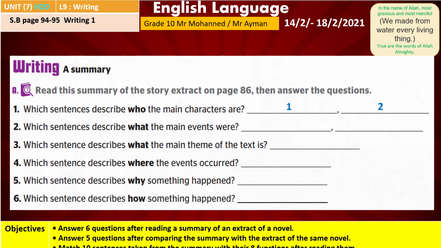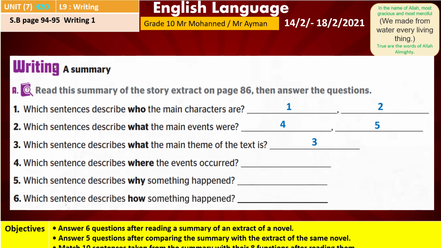Which sentences describe what the main events were? That is in sentence 4 and sentence 5. 3. Which sentence describes what the main theme of the text is? The main theme. That is important in writing a summary, and it will be beneficial for us. It's